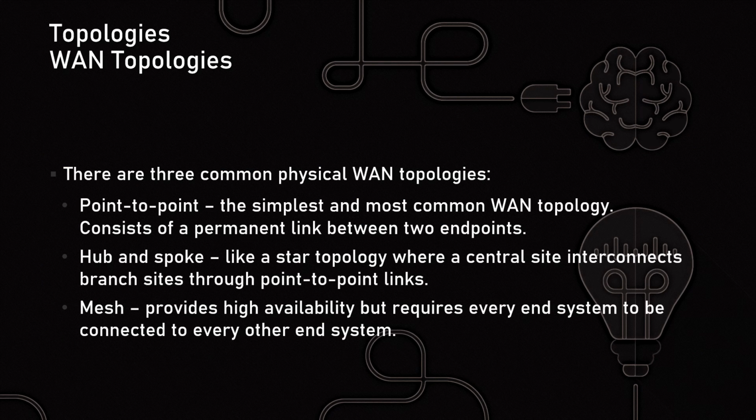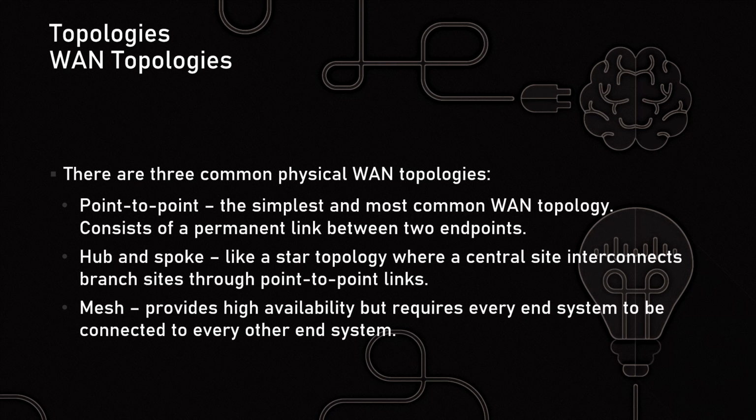There are three common physical WAN topologies that we discuss: point-to-point, hub and spoke, and mesh. Point-to-point topologies are the simplest and most common. This is a permanent link between two endpoints. So when we talk about a bus topology, for instance, that's traditionally going to be a backbone that connects to individual items. This is even simpler than that, to where we have, let's say, a crossover cable that connects